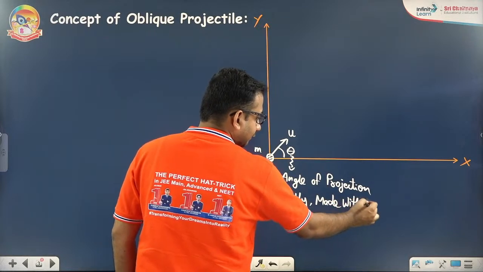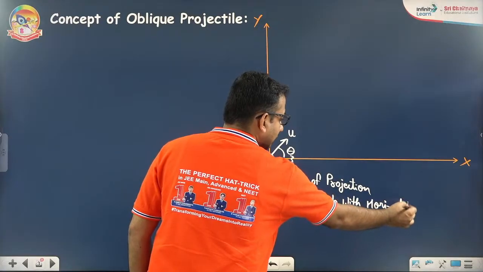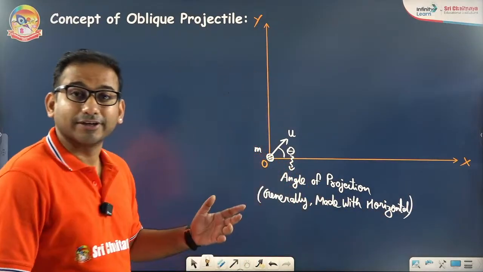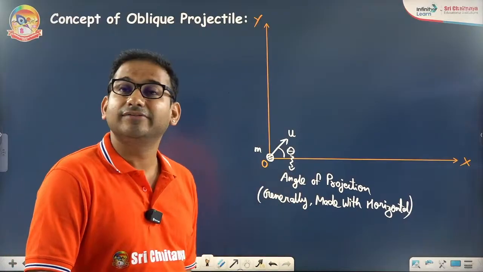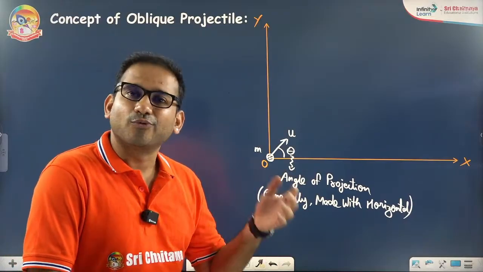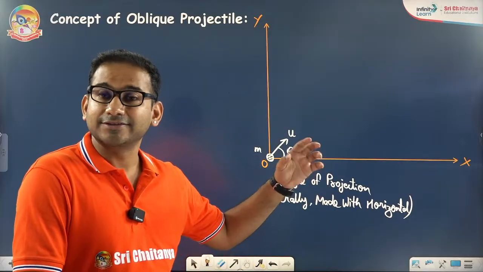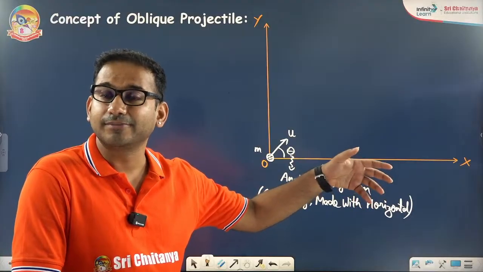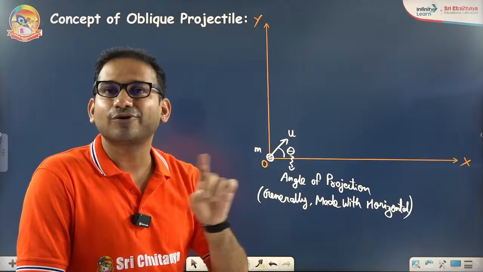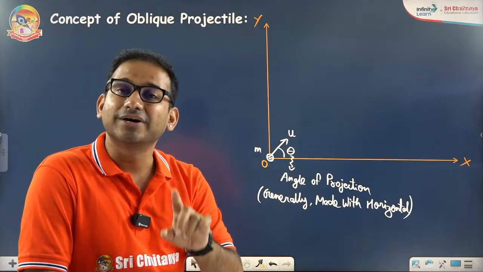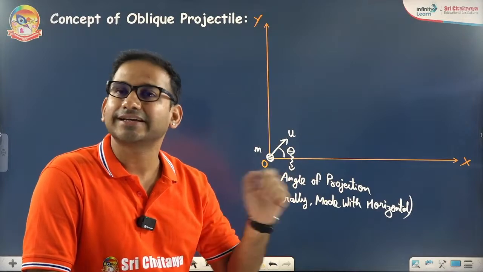Sir, what if in the exam the examiner says that the angle is made with the vertical? Then no worries. Whatever formula we are going to learn today, if theta is made with the vertical instead of the horizontal, you are supposed to replace sine theta by cos theta